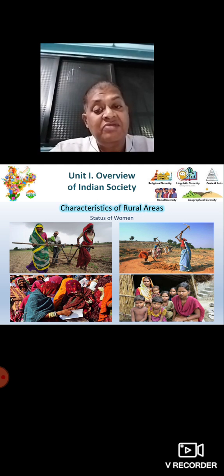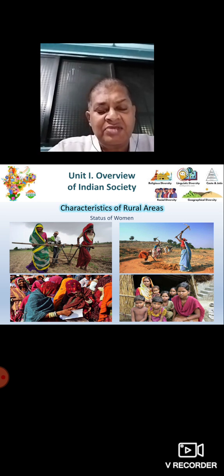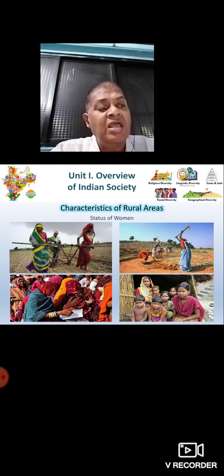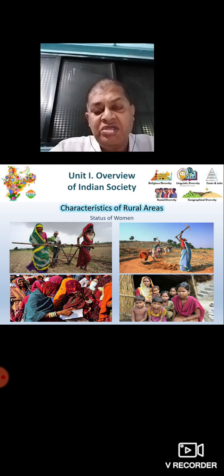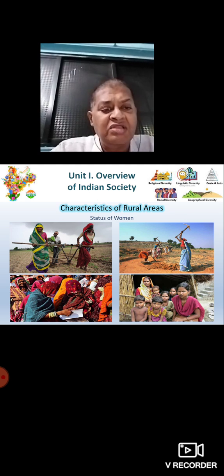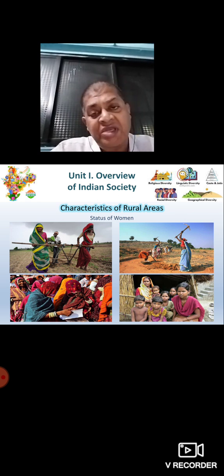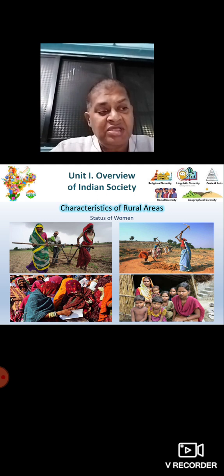But then here we see the status of women in rural areas. We can see them doing manual work. They not only have to look after the household, do the utensils, do the clothes, do the food, and then they have to work out in the fields, and then on top of it all, they do not have any access to education, as we can see. This all leads to poverty, illiteracy, and no concern for humanity.